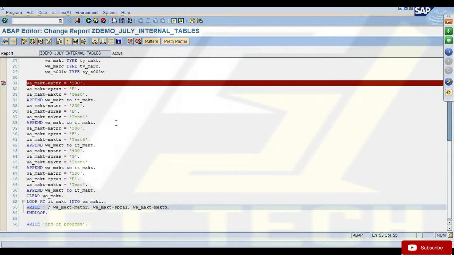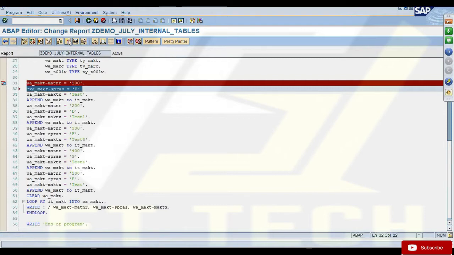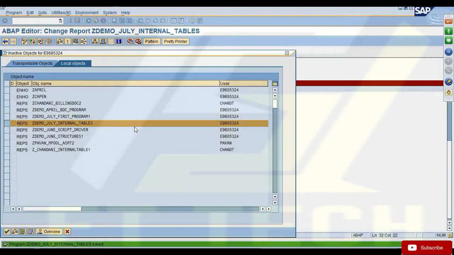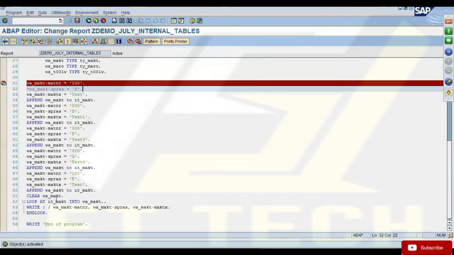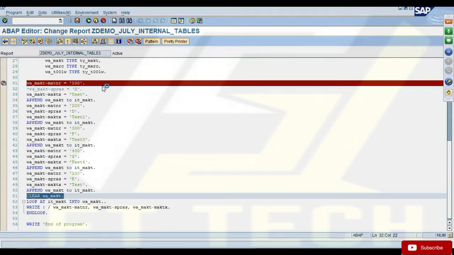For example, let's say I don't have anything in the language field. It's empty in the first record. Sorry, let me not clear the work area.